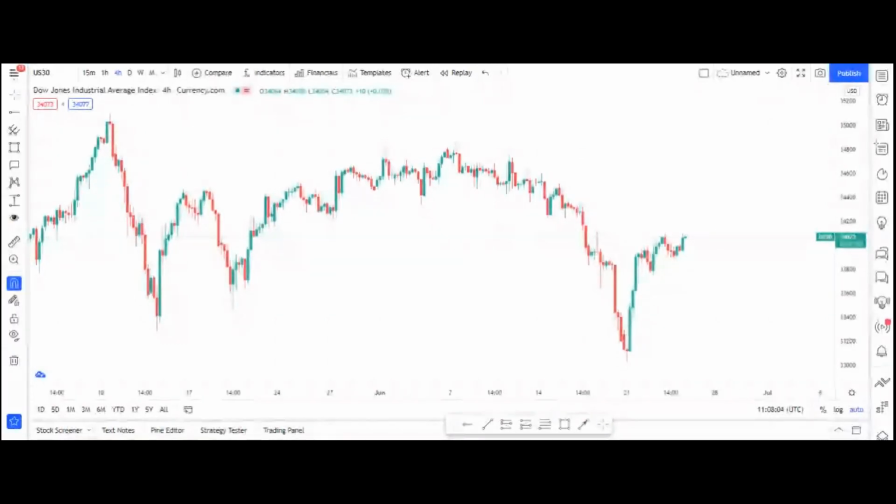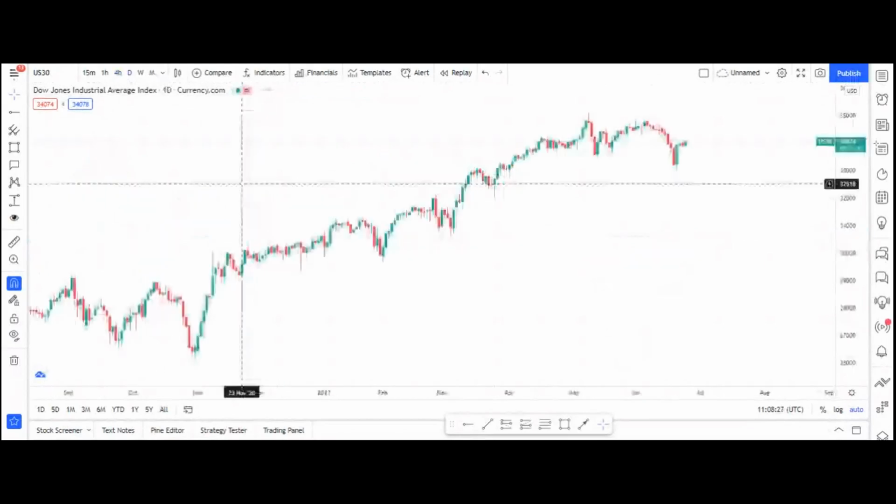Now, higher time frames are the daily, the weekly, and the monthly time frame. There is no need for you to go to the monthly. There's no need for you to go to the weekly, but the daily is enough for you to search for your chart patterns. Then you look for confirmation, a reason for you to take that trade, on the 4-hour time frame. So I'm going to go to the daily time frame of the Dow Jones,